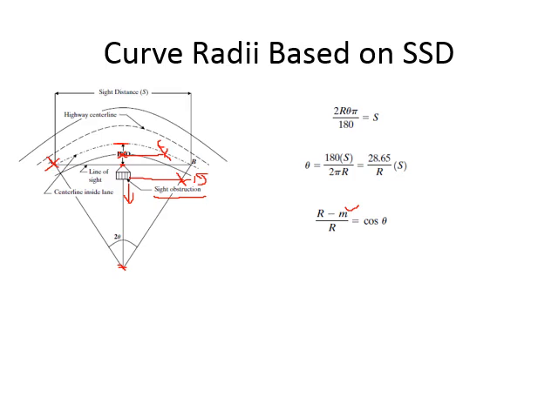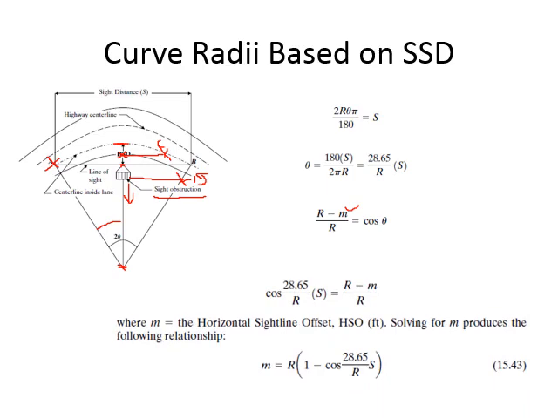And if you look here, we have a right angle triangle between the obstruction, the center, and the beginning of the curve. If this complete angle was 2 theta, then this half angle is theta. So if you take the cos theta of this triangle, it will be this side, which is r minus m, upon this side, which is r, the radius. So cos theta equals r minus m upon r. R minus m is this side, r is the radius, and theta is half of the angle.